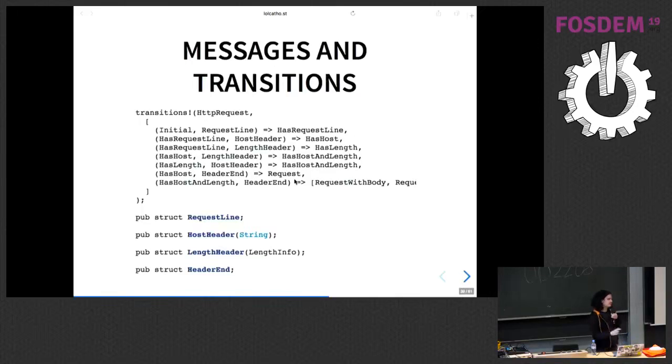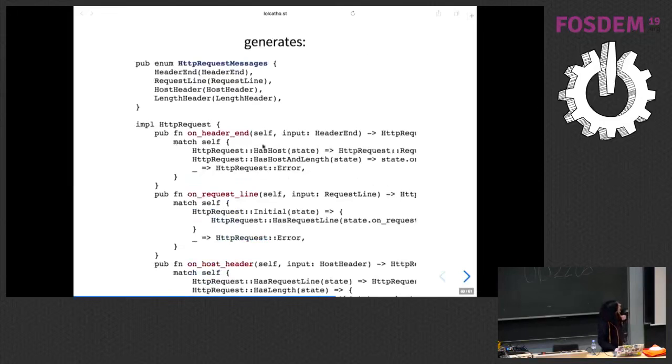And it's easier to do in a method than generating like 10 more states for that. And this generates a method that will do all of the pattern matching you want. And now what you only need to do is implement the on request line on the initial state structure. So all of the boilerplate to write state machines is done. And we only had to handle like, okay, I'm in that state, I got this message I'm supposed to get, so what do I do?